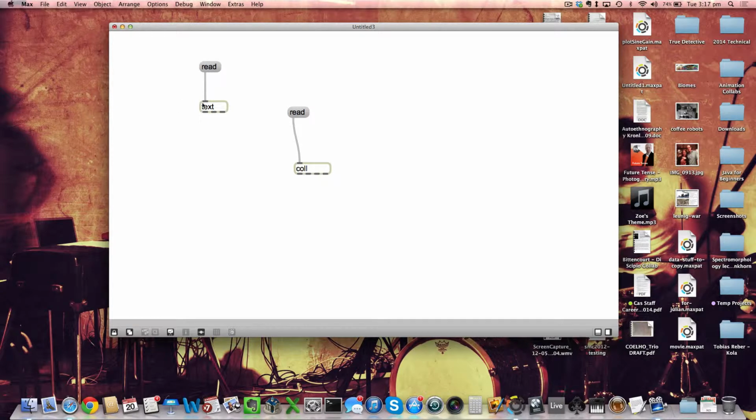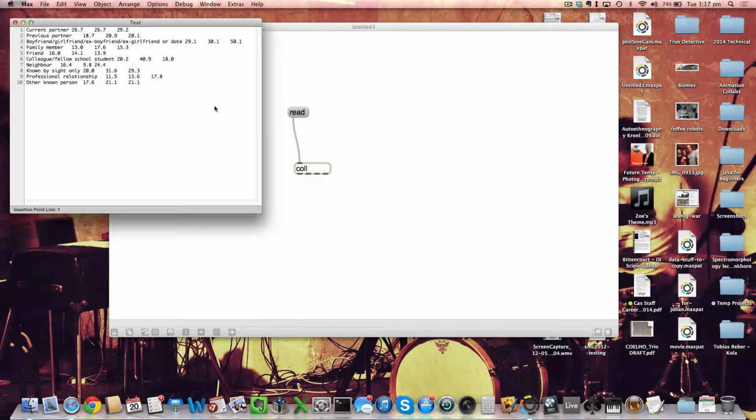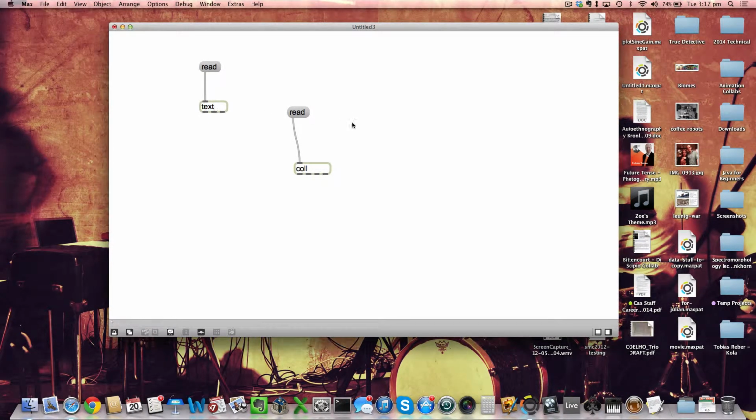Same file. You can double click, have a look. It's all there. Now we need to format it for coll to be able to read it. So to get all of this information out all at once, we use the dump command. Coll's got a very similar one. There's a lot of objects that store data. If you send it a message dump, it's going to spit out all that data line by line, one by